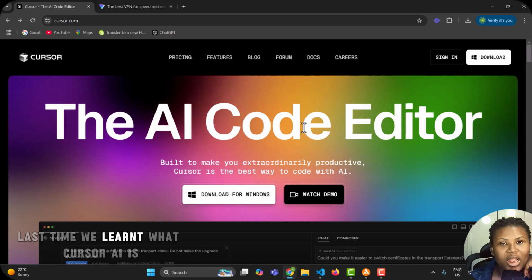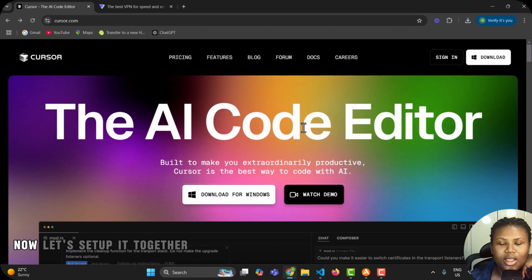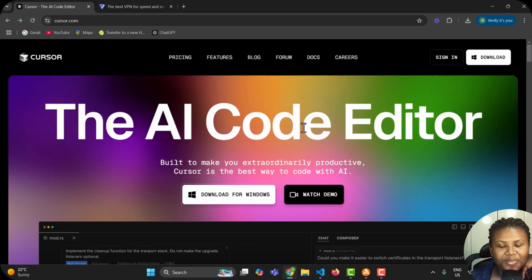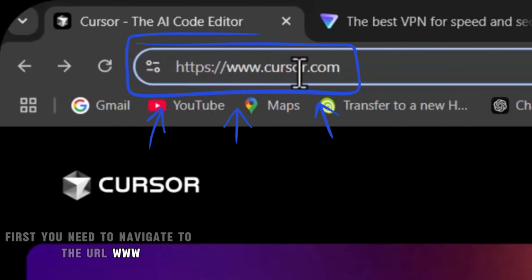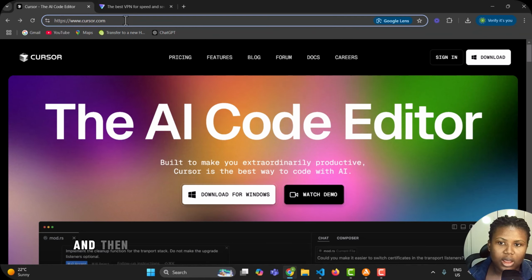Last time we learned what Cursor AI is. Now let's set it up together. First, you need to navigate to the URL www.cursor.com, and then